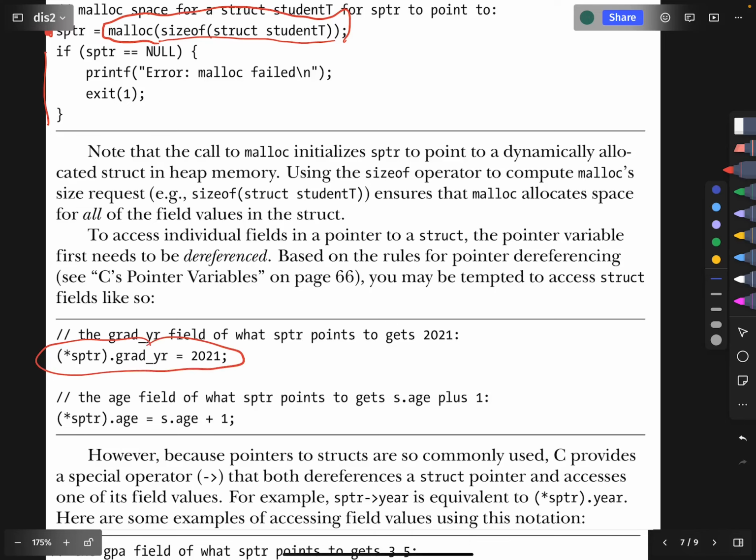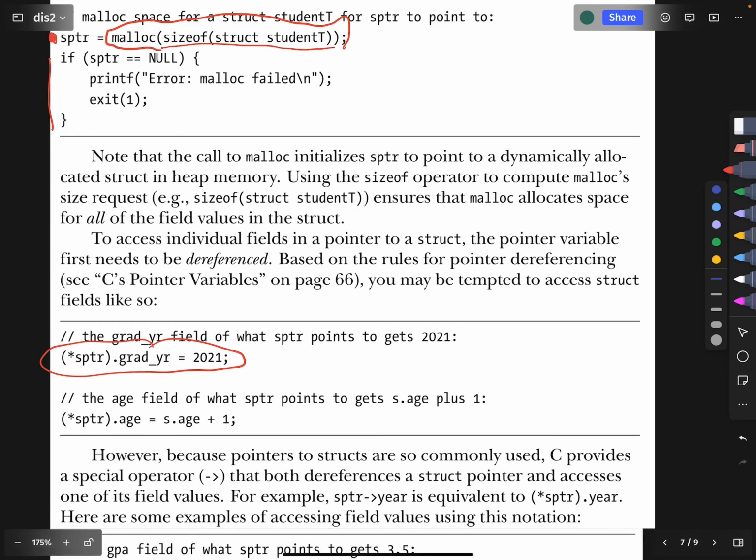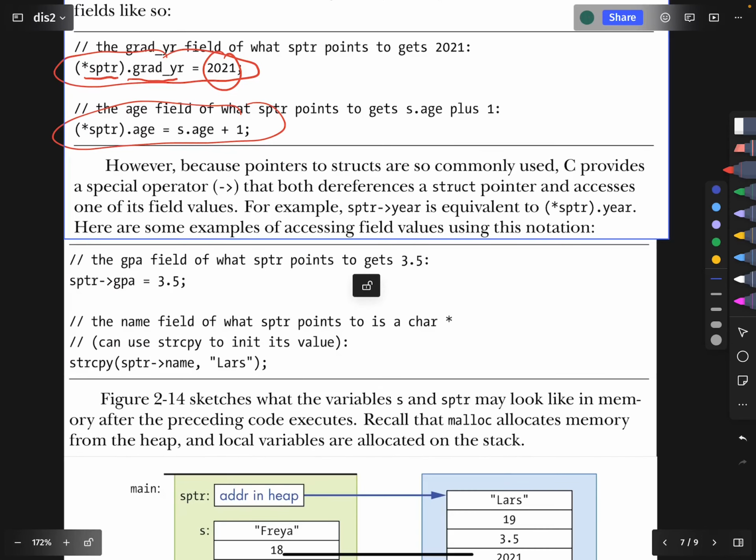So what does this do? This takes your pointer to the struct. We dereference it using the star operator. So now we follow that pointer over to the struct. We call this dot method on its grad year field and assign there the value 2021. You see here another instance of the same basic concept. Now, this is all well and fine. There's nothing wrong with this, but